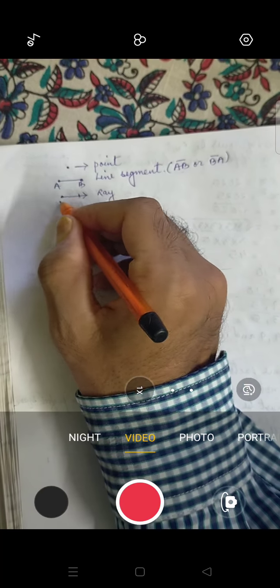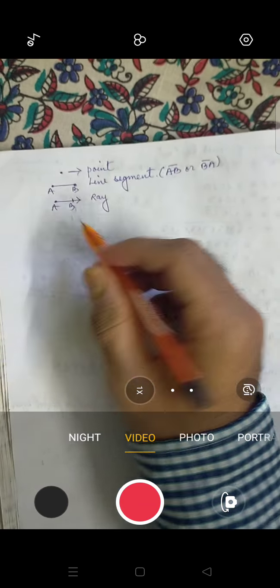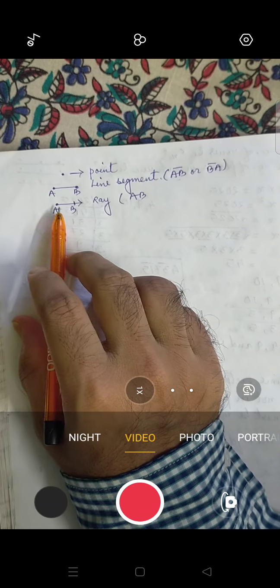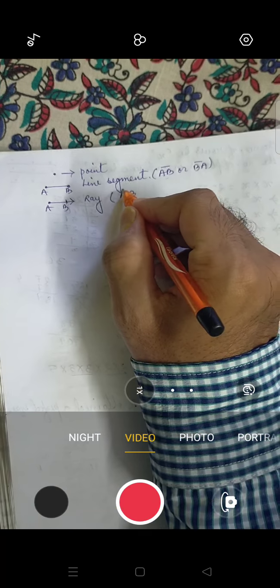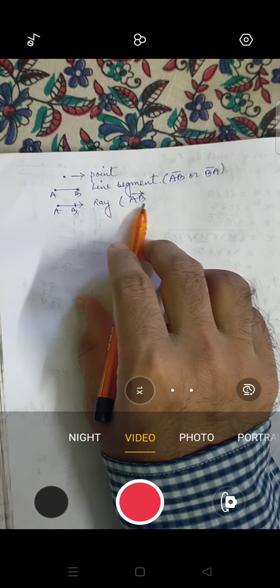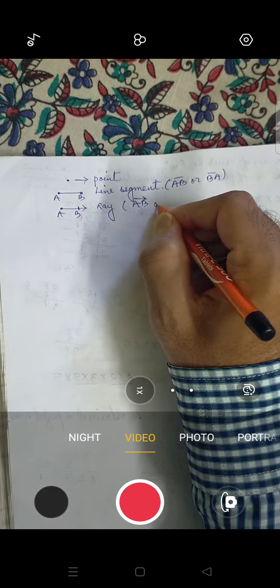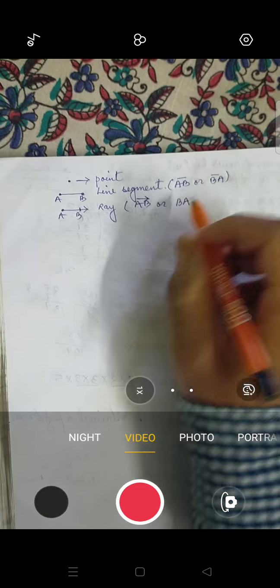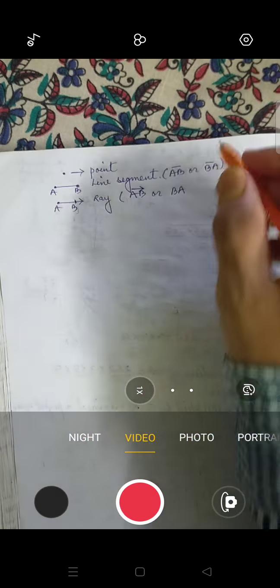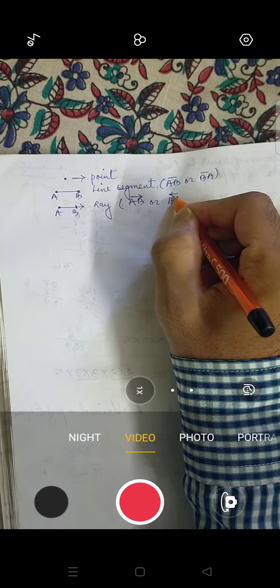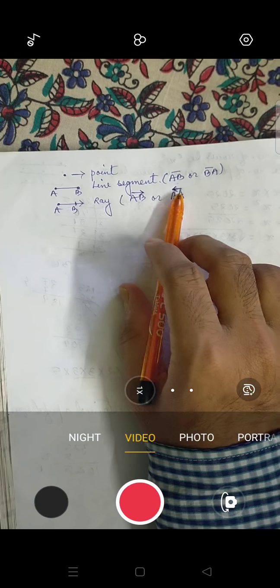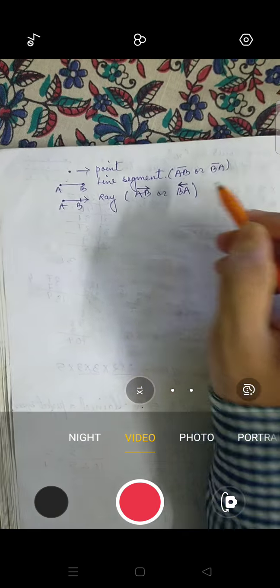Now suppose this is A, this is B. Now how do you name this one? Let it be AB. You can see that the arrow is moving from A to B, so we'll give the arrow like this. Whenever you have an arrow in the question like this, it means that this is a ray. Or this can also be written as BA. So this is BA, that means you can see that the arrow is moving from A to B. It means that you have to draw the ray like this, moving from A to B. Is it clear? This shows the direction. So both ways you can write, your choice.